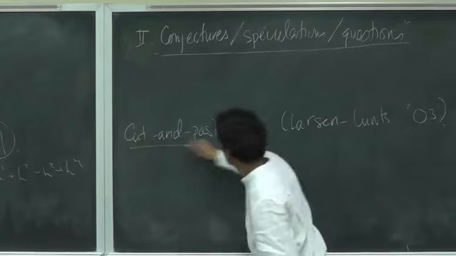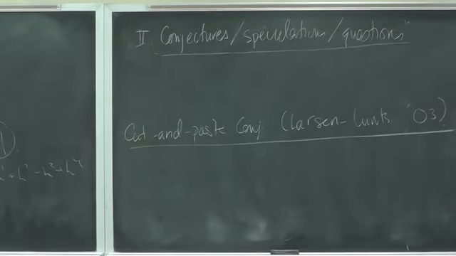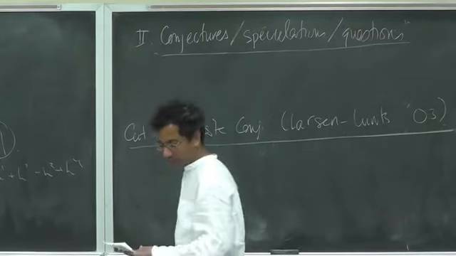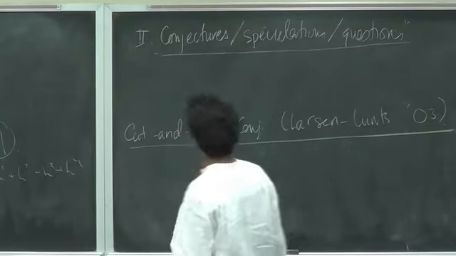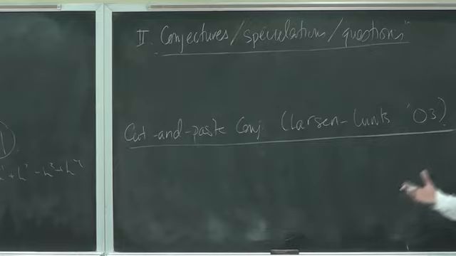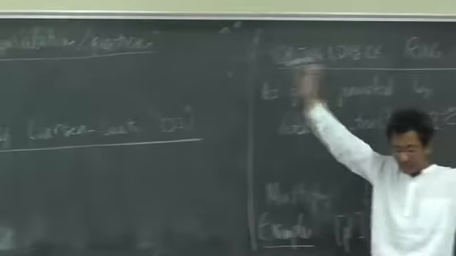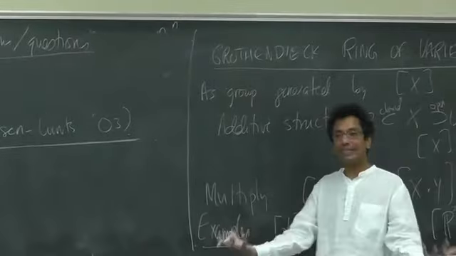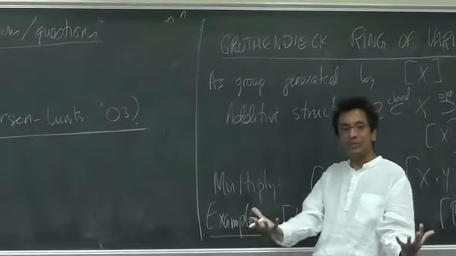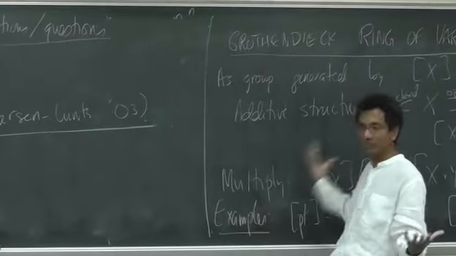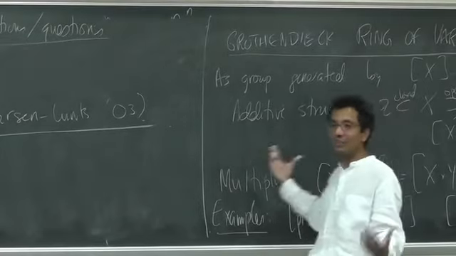It's being restated in various forms by Denef and Loeser and others. To motivate it, let me say that if you have two different varieties, and you can cut them up, this one into 17 pieces, this one into 17 pieces, and they're the same 17 pieces, then they must be the same thing in the Grothendieck ring. Fairly obvious, because you cut them up into the same thing.